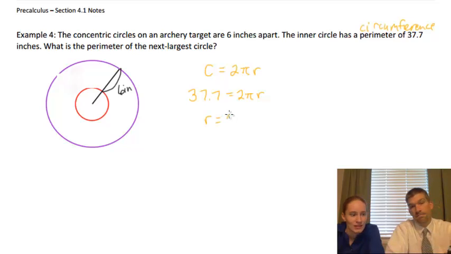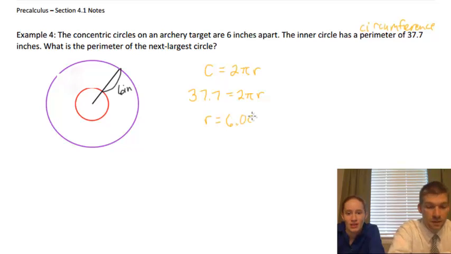I got 6.000. So not 6 exactly, but 3 decimal places. Pretty close to 6. So not only is this one 6, but this one is also 6. This radius inside of here. We want the perimeter of the next largest circle, and the whole circle here also has a circumference of